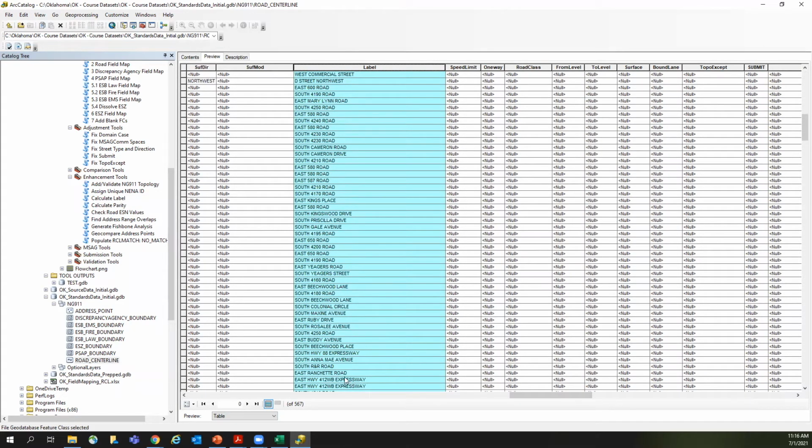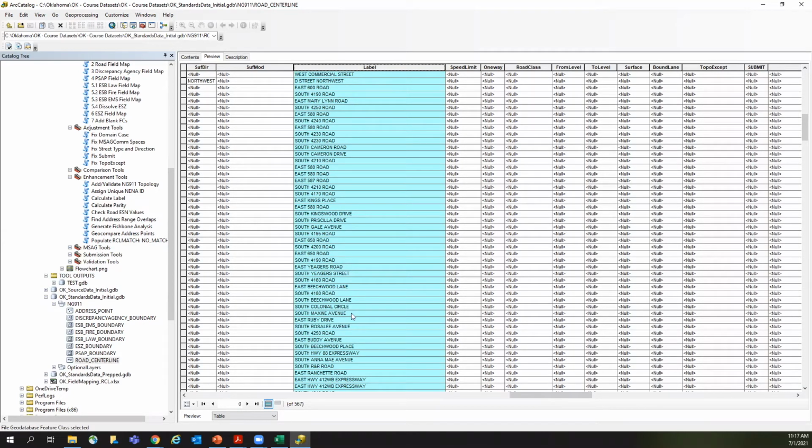So y'all may not want to use this for your actual map labeling. If you have another field for label, I would keep it, especially if you're using the abbreviated values. But I just wanted you guys to know that this is really important to run those other tools. Now, the thing is